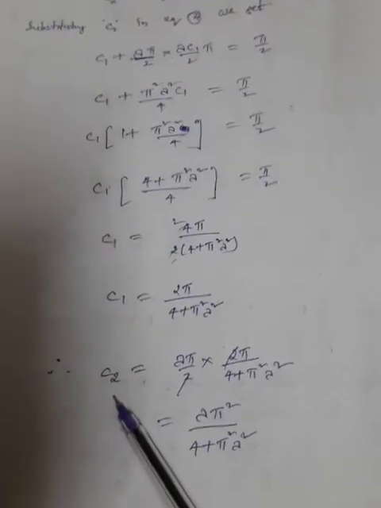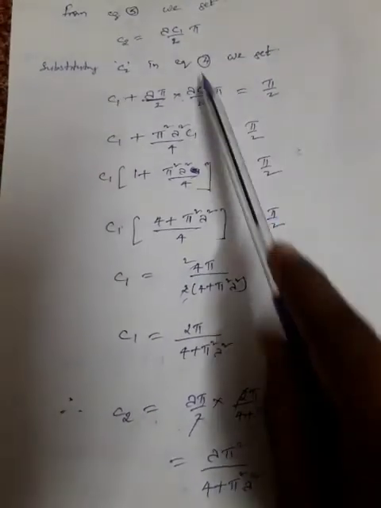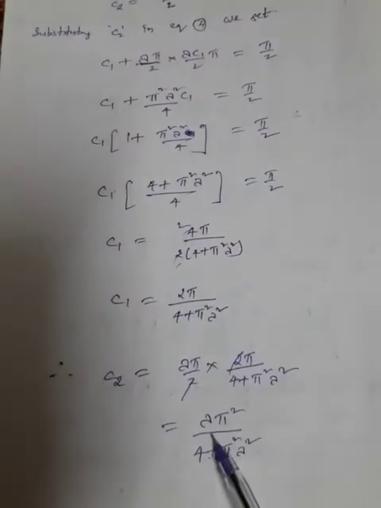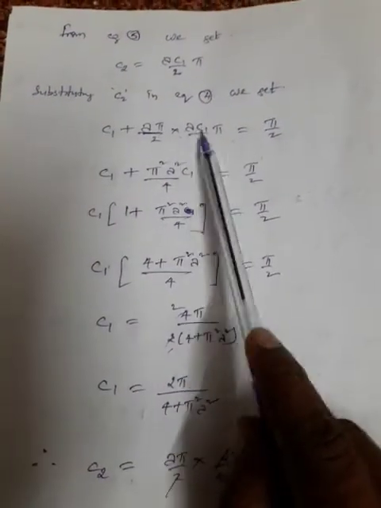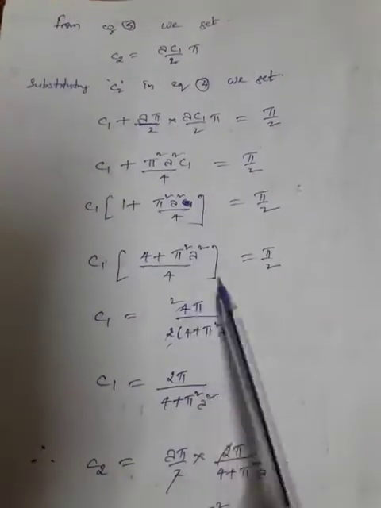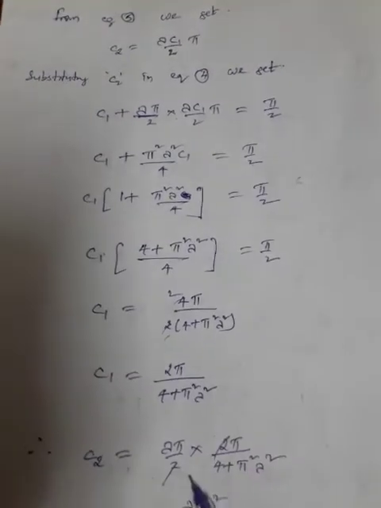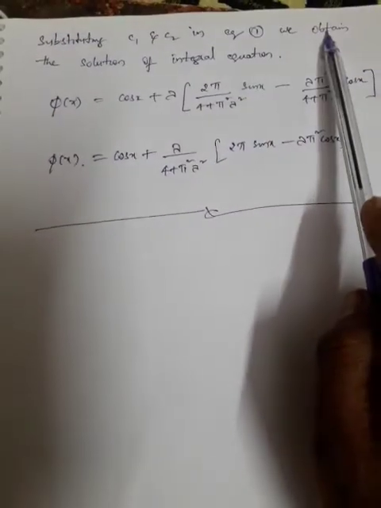Similarly, if you substitute the c1 value in c2, you will be getting lambda pi square by 4 plus pi square lambda square. So substitution, you know already, you can cancel it, and you can find the simplification very easily. And after substitution, we'll substitute these c1 and c2 values in equation 1 to obtain the